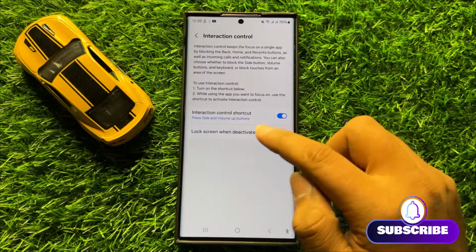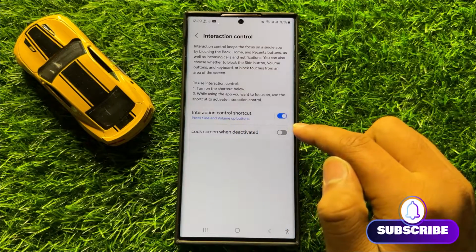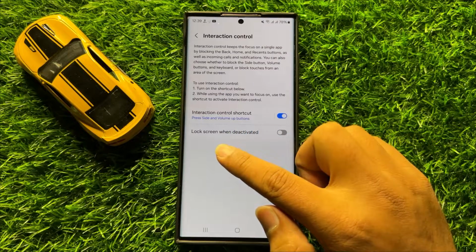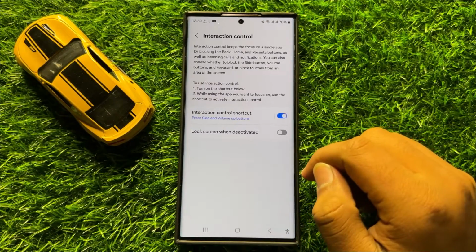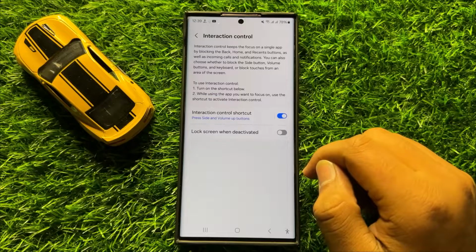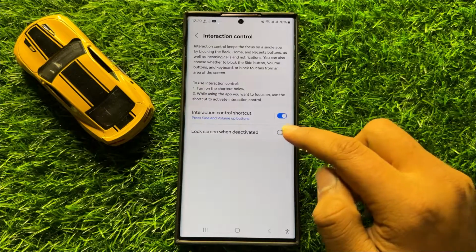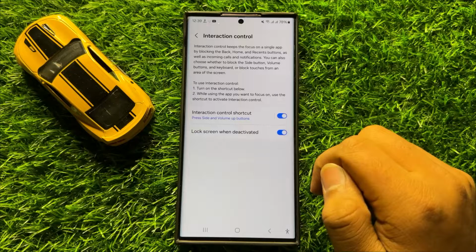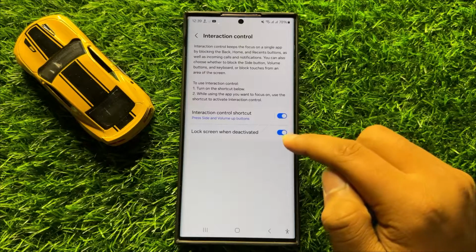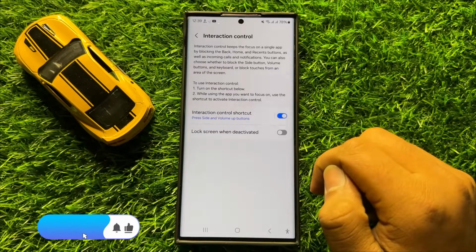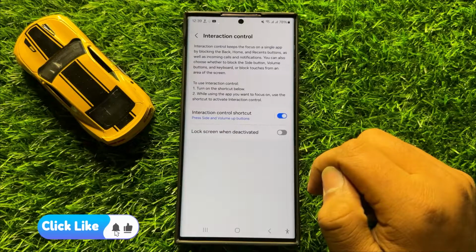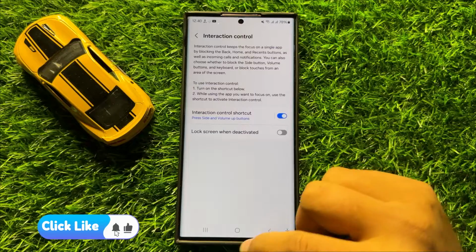Now first of all, turn on this interaction control shortcut, and then you will be able to enable or disable the lock screen when deactivated button. So if you want to enable interaction control lock screen when deactivated, then turn on this button. And if you want to disable interaction control lock screen when deactivated, then tap on this button again to turn it back off. So with this button you can enable or disable interaction control lock screen when deactivated in Samsung